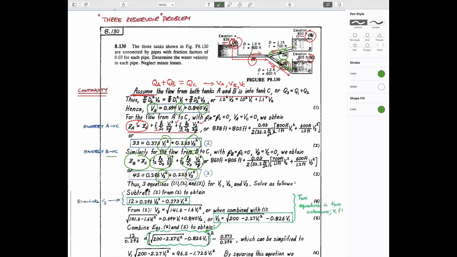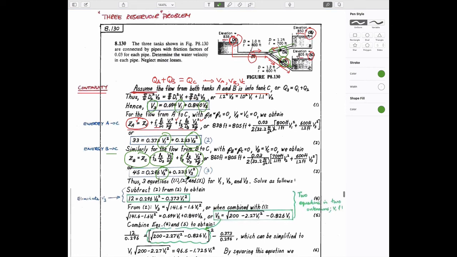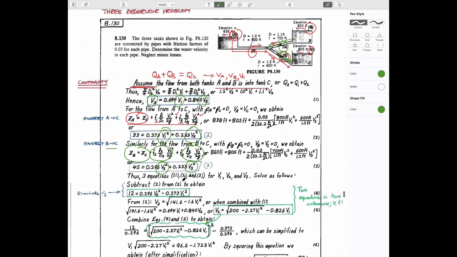And so if we solve them simultaneously, then we get the velocities. It's not very easy because these aren't straight velocities. As you see, they're squares of velocities. And so you have to solve for the squares and dance around a little bit. But in conceptualization, the idea is that you have 3 velocities to solve for, so you need 3 equations, and